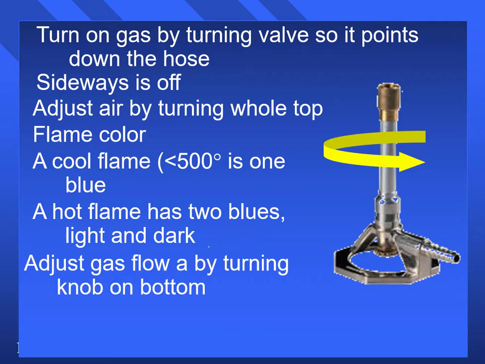Okay, you adjust the gas flow by turning the knob on the bottom. What that knob is tied to is called a needle valve, because at the end of the thing you're turning is a cone-shaped needle. It goes into a socket that is also cone-shaped, but in reverse, so that as you tighten it, the space between the cone shapes gets smaller and smaller until they seal up